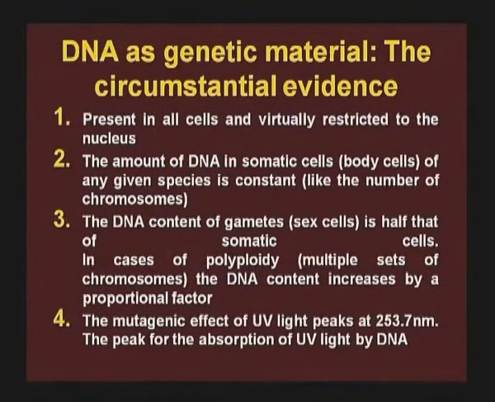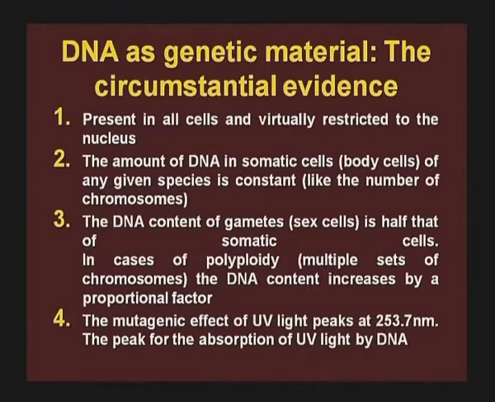DNA as genetic material: circumstantial evidences were gathered. Number one, it is present in all cells and virtually restricted to the nucleus. Second, the amount of DNA in the somatic cell, that is body cell, of any given species is constant, like the number of chromosomes, and the DNA content of gamete, that is sex cell, is half that of the somatic cell, and in case of polyploidy, there are multiple sets of chromosomes,